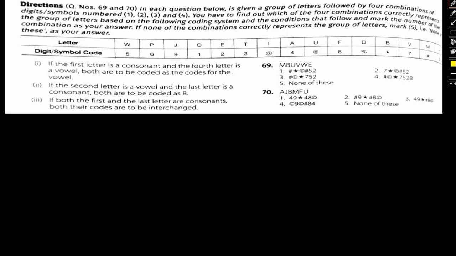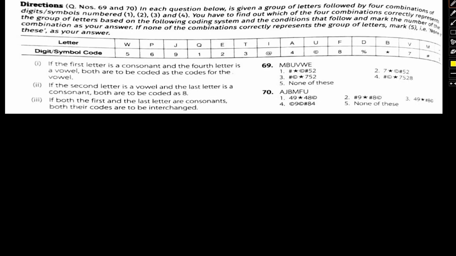So the kind of question we'll be dealing with in this video is of the ones that we've seen in the examination, of the coding and decoding kind. We'll take a look at the question and try to identify how to go about solving this kind of question in general, so that whenever we are faced with it, we are easily able to solve it. Having said that, let's focus on the question at hand.